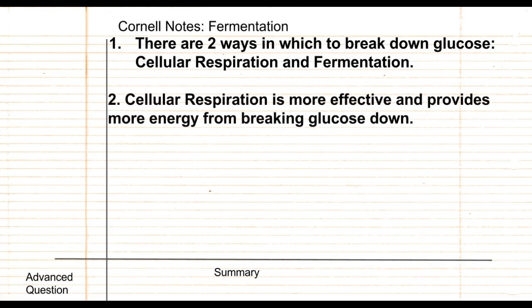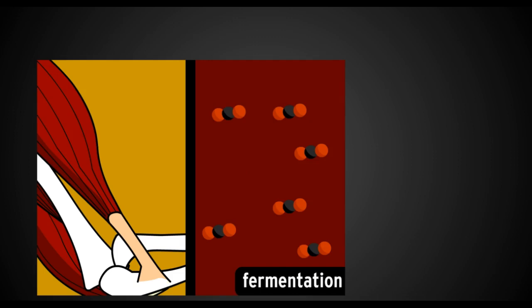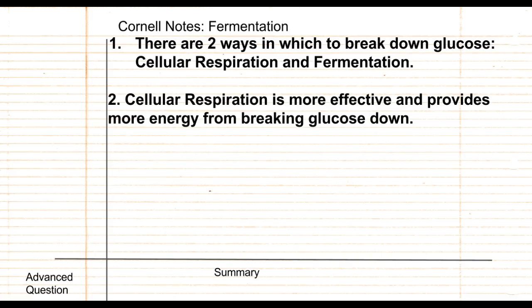Cellular respiration is more effective and provides more energy for breaking down glucose, and this is why our cells use cellular respiration instead of fermentation. Your body can do fermentation though. Fermentation is when you use carbon dioxide like this to break down glucose. Your muscles have a lot of cells that work real fast and real hard, so they need oxygen because it provides more energy than fermentation. Using a carbon dioxide molecule here will give you energy too, but just a lot less. Alright, go ahead and think of a question for number two.